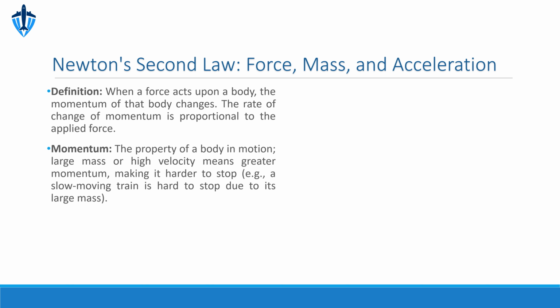Now let's discuss periodic motion, specifically as it relates to pendulums. A pendulum is simply a weight hanging from a fixed point, free to swing. The period of a pendulum, represented by T, is the time it takes for it to complete one full swing back and forth. This period is primarily determined by two factors: the length of the pendulum, L, and the acceleration due to gravity, g. The formula shows this relationship.